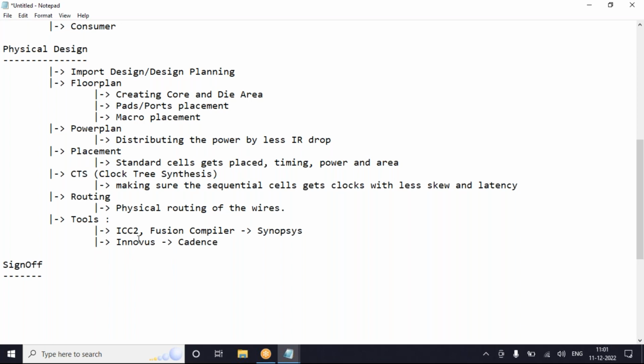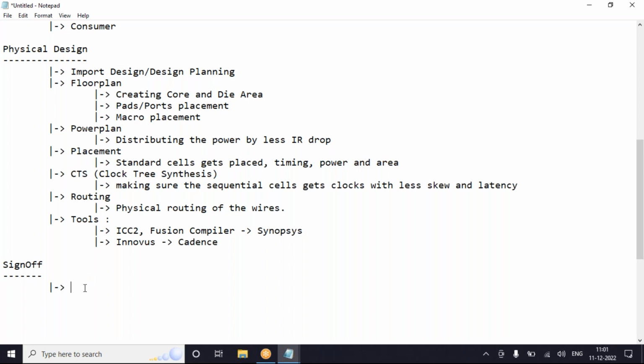So in our particular training institute, we use Synopsys ICC2. Okay, Cadence we don't have. Innovus is also for the PD. Yeah, Innovus is also for the PD. I'm not sure about a Cadence fusion tool because I haven't heard of it so far. They are using different tools for different stages only.